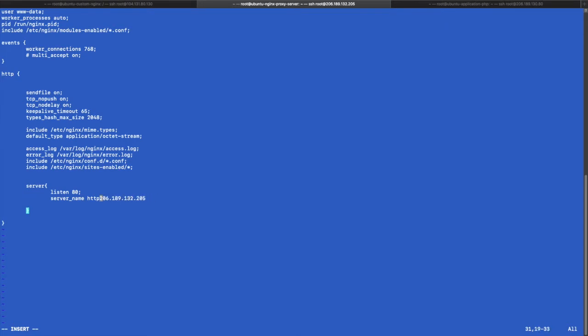Just define the IP. Now I'm defining another context, which is location. And inside the location context, suppose I'm defining that all the requests hitting the root will be rendered on some other machine. To define the other machine, we need to use one more directive, proxy_pass. Then define the complete domain or IP address on which you want to render the request. So I want to render all the requests hitting this proxy server on the server which is executing the Brownie website.